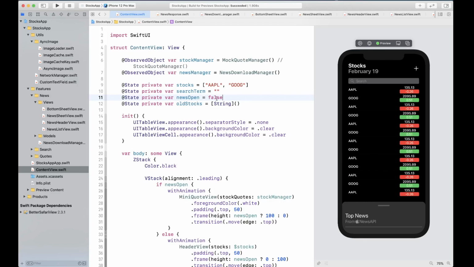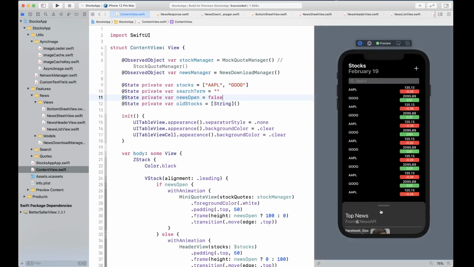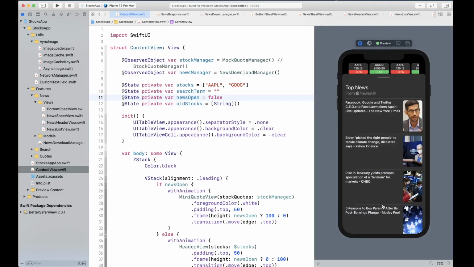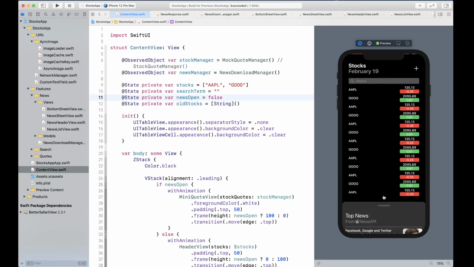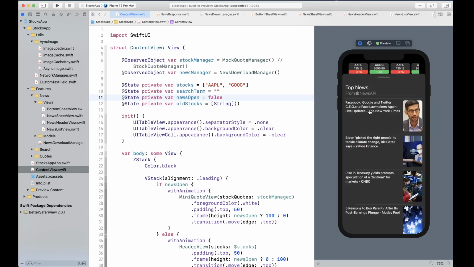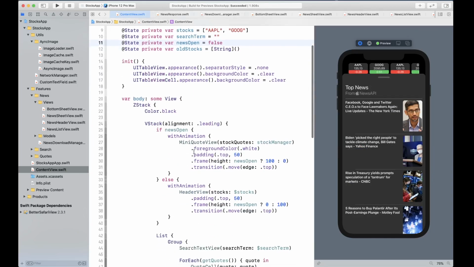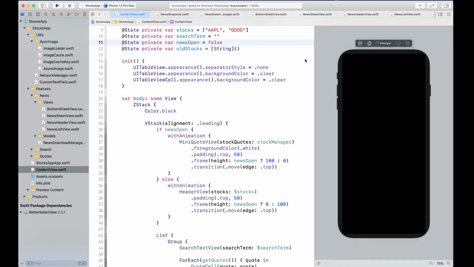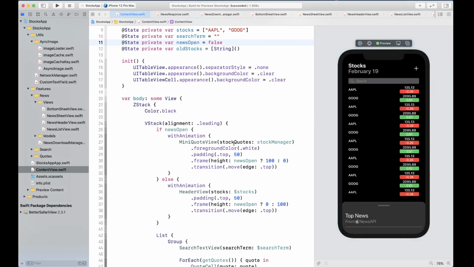So news is not going to be opened, and then let's go ahead and click and see if we can click on it. Yeah, so that's perfect. Okay, dismiss and everything is also working fine. All right, cool. Okay, so now we have our news ready.